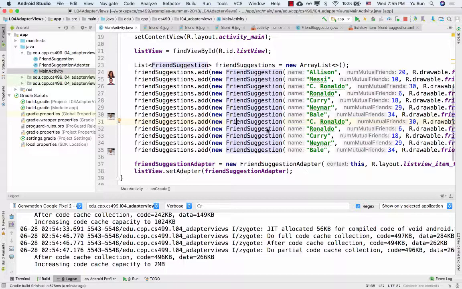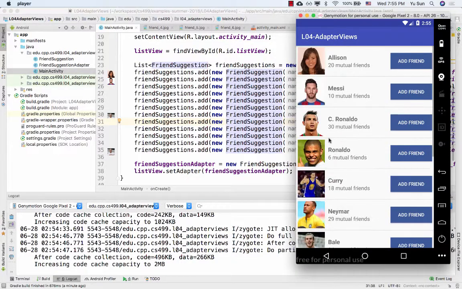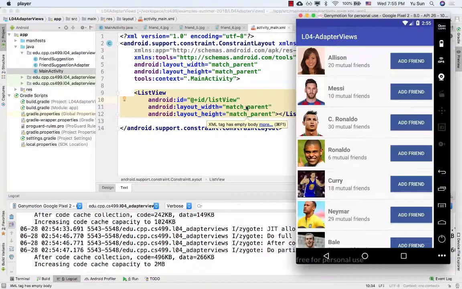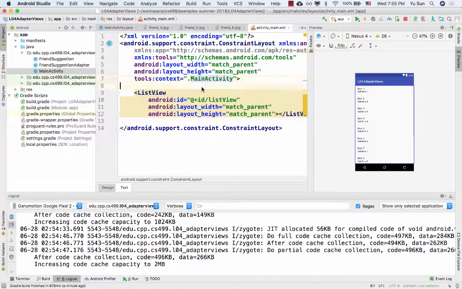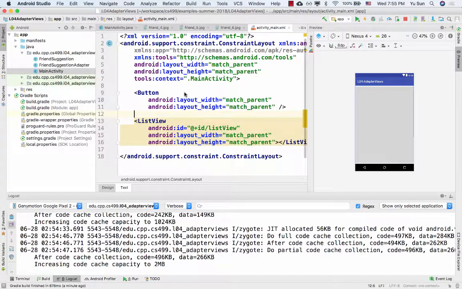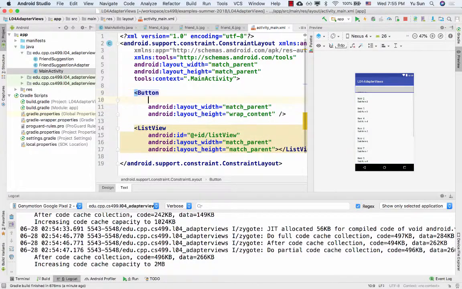All right. And the more cool thing about this is you can change the data in real time. So for example, let's add a button to generate a suggestion. I'm going to do that one. So let me add something in my view here. I'm going to add a button at the top. This one is going to call generate friend. And I will use the same color. The color is nice, so let me change it to the same color,